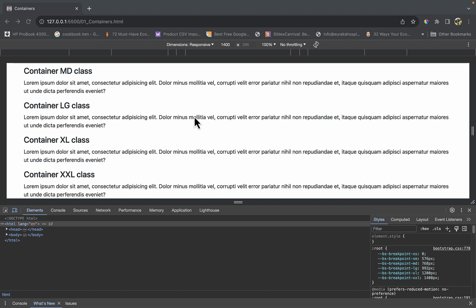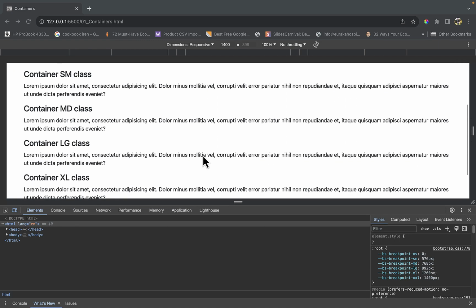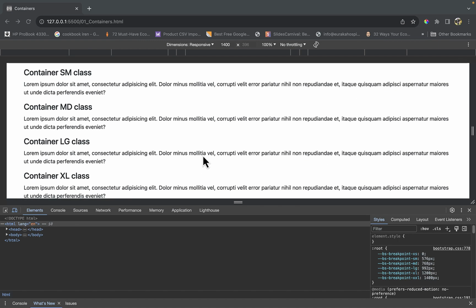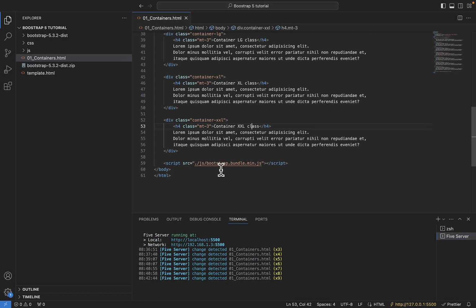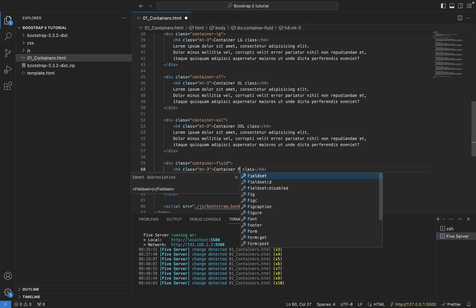So that's how we use the container classes, and it's important for you to know all the breakpoints in case you want the container to just flow with the browser or the device that you're using or the user is having. There's a class called container-fluid that flows with the browser. So if I just put container-fluid, it basically means that it's fluid. So this is the container-fluid